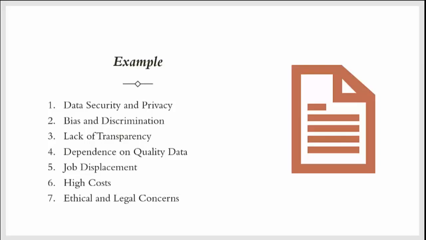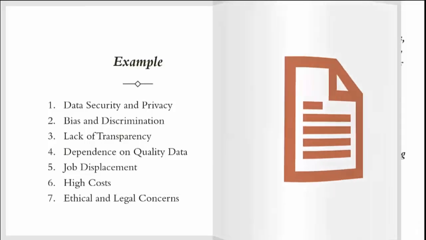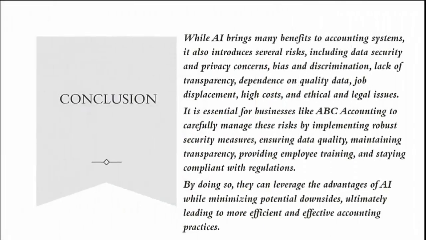Conclusion. While AI brings many benefits to accounting systems, it also introduces several risks, including data security and privacy concerns, bias and discrimination, lack of transparency, dependence on quality data, job displacement, high costs, and ethical and legal issues. It is essential for businesses like ABC Accounting to carefully manage these risks by implementing robust security measures, ensuring